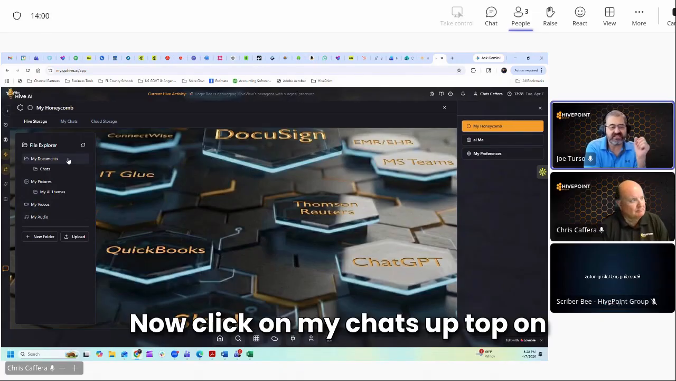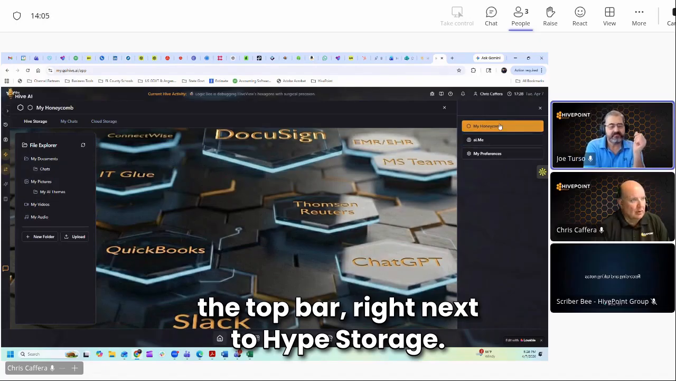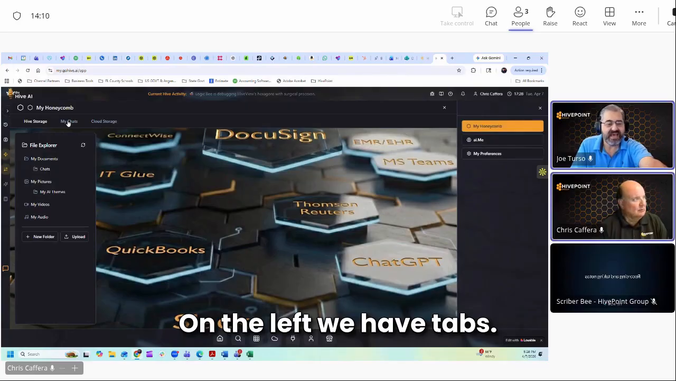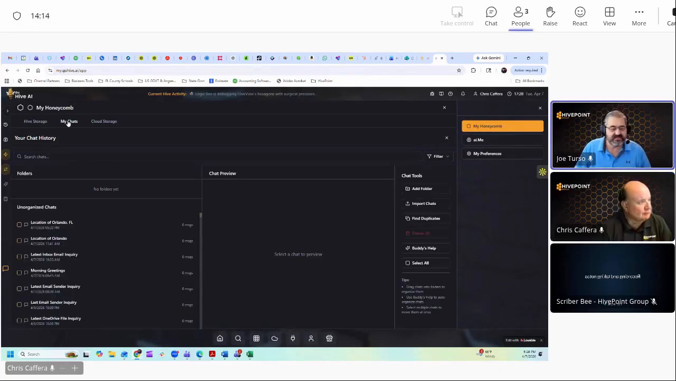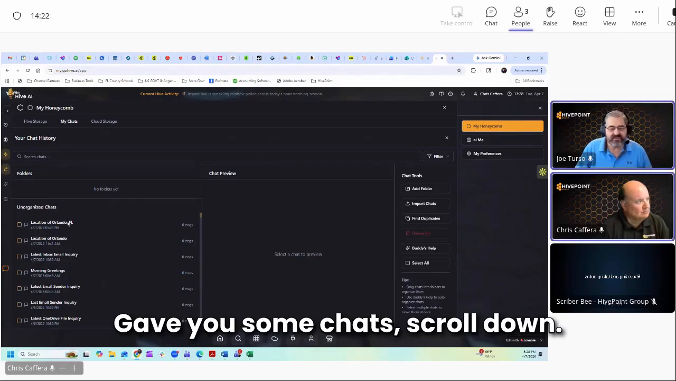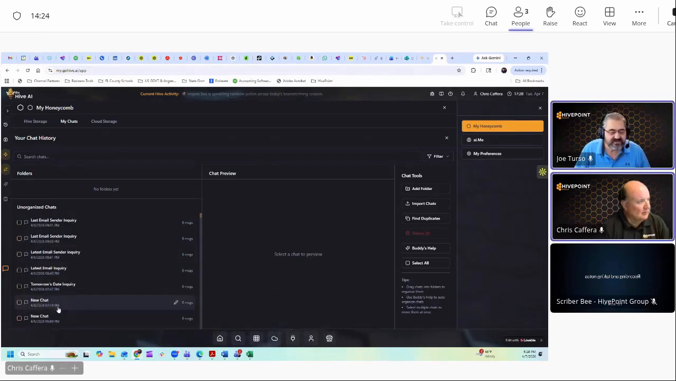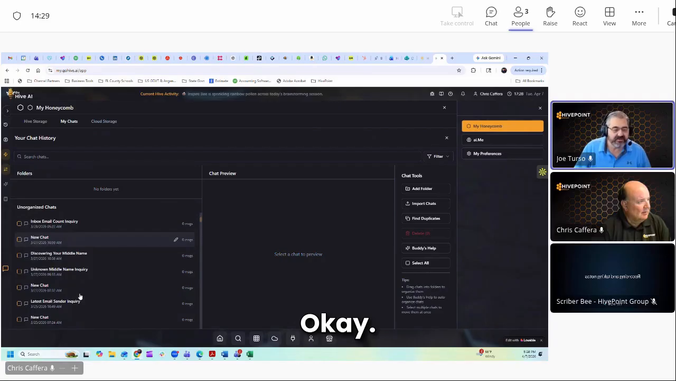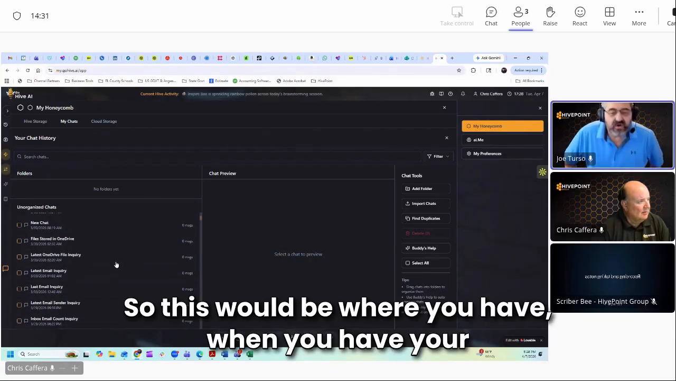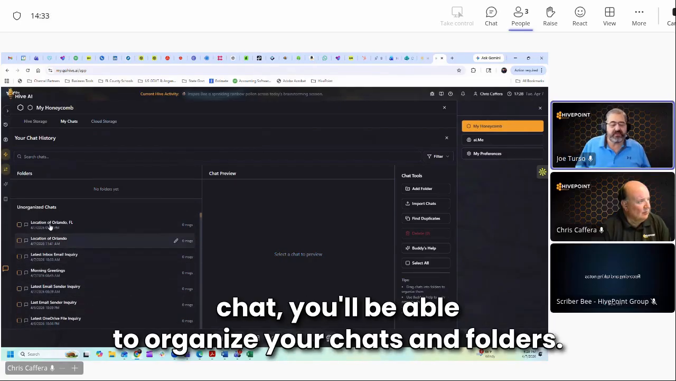Now click on My Chats up top on the top bar, right next to Hive Storage on the left. We have tabs, right? So this will be where your chats are when you have chats. Okay, gave you some chats. Scroll down. This will be where you'll be able to organize your chats